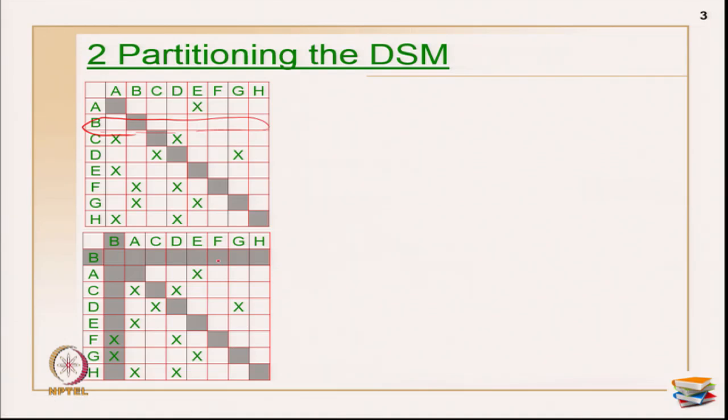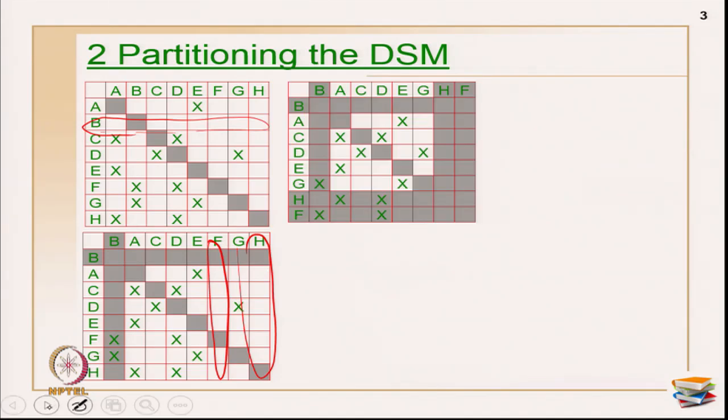Now, what you have to do is look for empty columns again. For the empty columns, I have activity F and activity H, both have empty cells. There are no X marks in both the activities. So, I am going to push H and F to the last. You can keep any order because they both are parallel activities. I am going to keep H and then F, and I have prevented them from any more evaluations. Is there any other empty column? Again, there are no empty columns and no empty rows. So, primarily what I have identified is B is the start activity, and H and F are the finish activities. That much I have identified, and I know there is a loop along with the interior part.